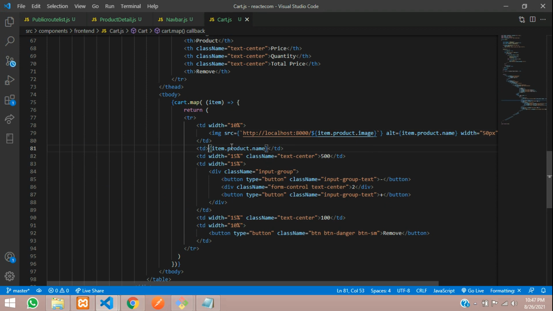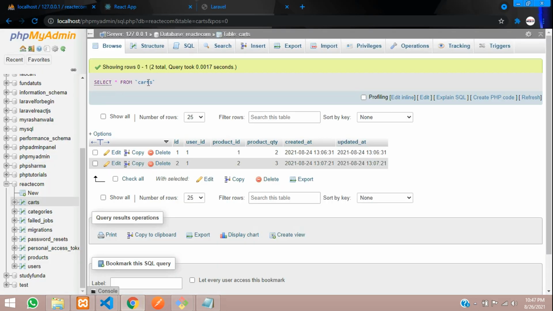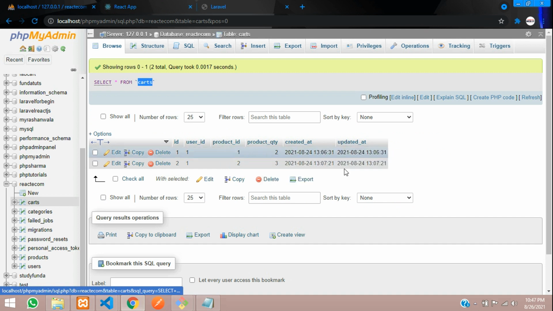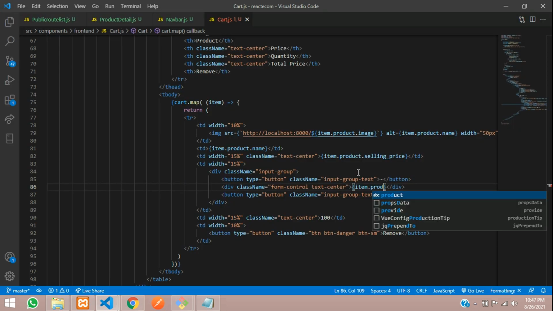And call this selling_price, and the quantity. So this we are not going to get from the product table, instead we have to get it from our cart table. Okay, so in the cart table we have stored product_qty.